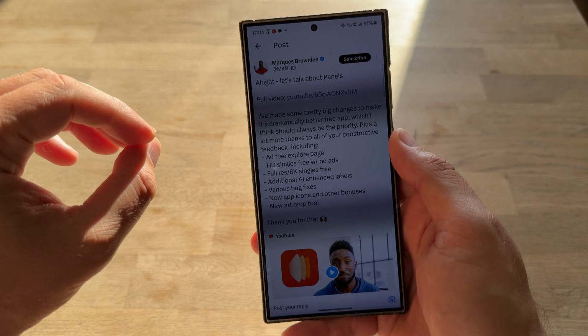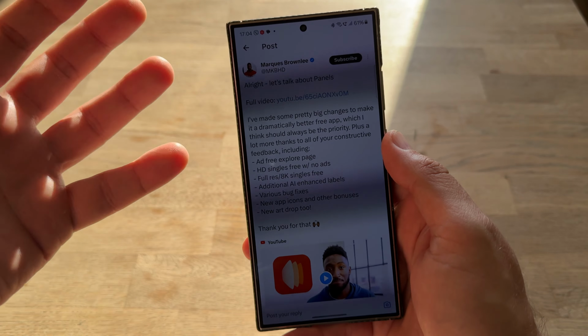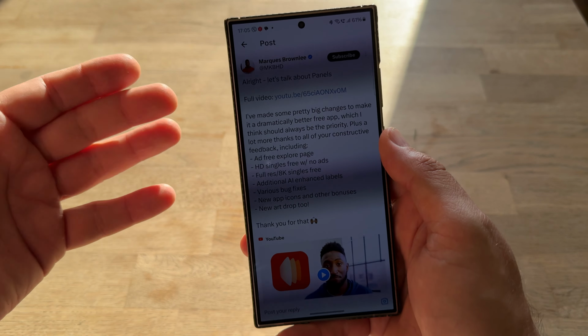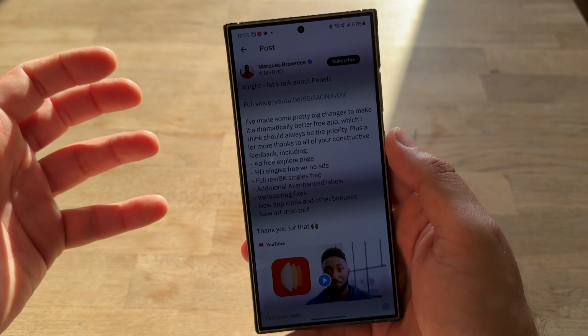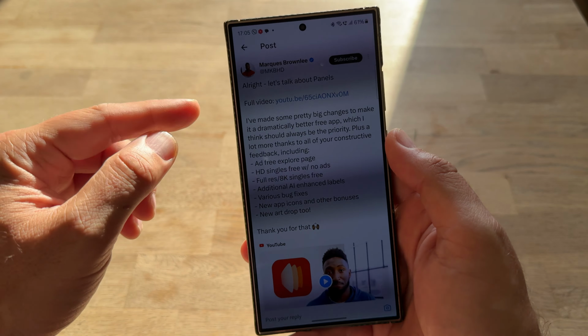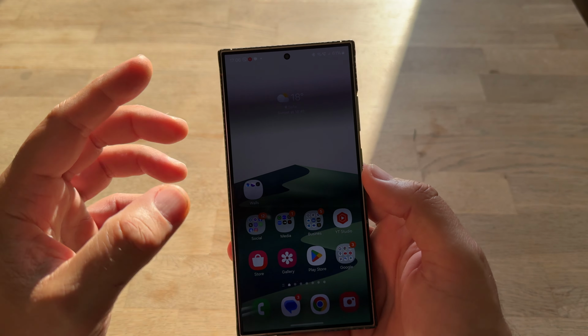Every time one of the artists publishing their art there uses AI, it's going to be labeled so that you know that AI has been used. But as MKBHD said, AI is just a tool, and the creator decides if AI should be used to enhance some images or not. And before I review the updated version of the app, I want to just share